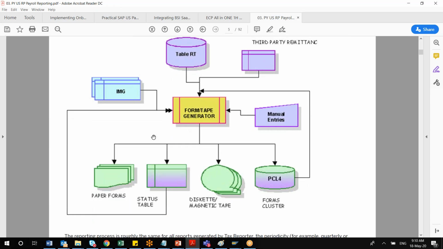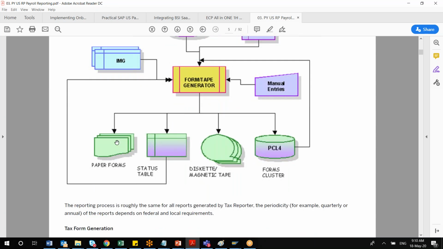Then, whatever manual entries, you may have manually entered some adjustment, like using PAUX, PAUI, whichever you have discussed, those entries will also be input to this form or tape generator. Once you've maintained everything, it can be in paper form, which I was discussing. There are three categories: paper form, a status table, or a magnetic tape.